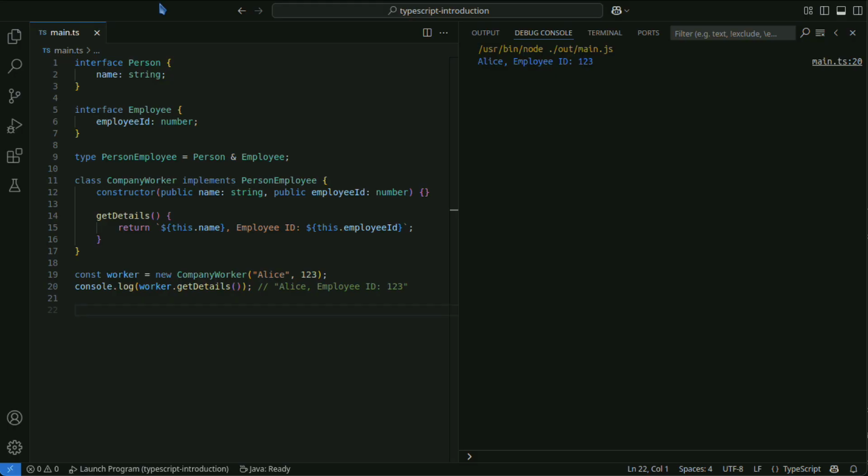An important point when using intersection types is to be aware of the possibility of property conflicts. If properties with the same name have different type annotations across different types, an error may occur.